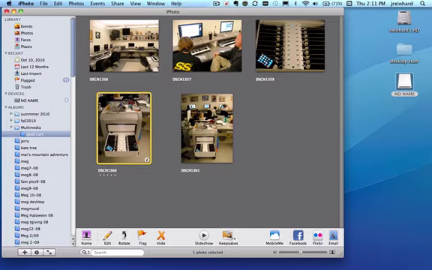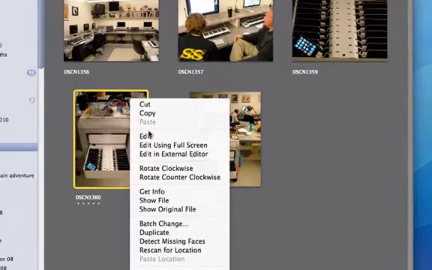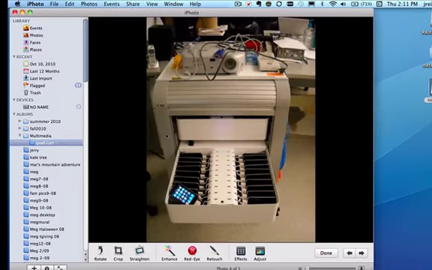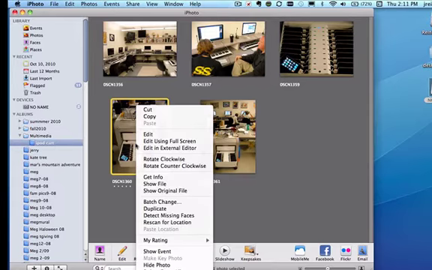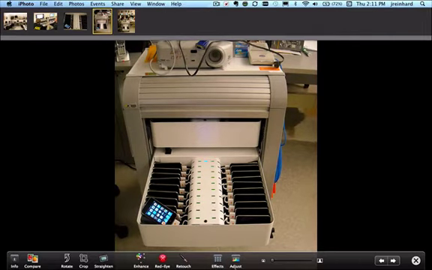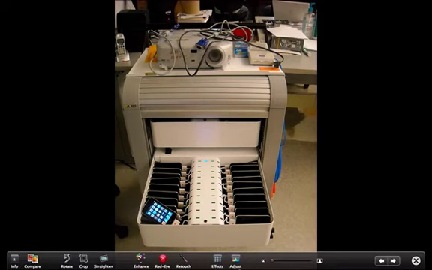We also want to have the option to edit the image right here in iPhoto. If we right click on the photo, it gives us some options. If we go Edit, let's click Done here, right click, Edit using full screen, we have the ability, by scrolling down here,